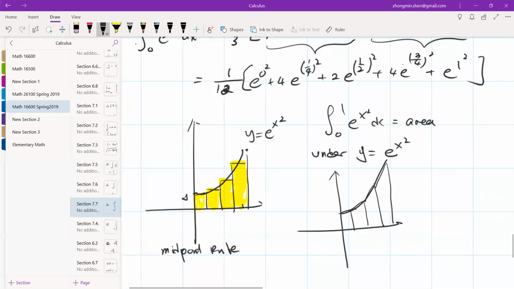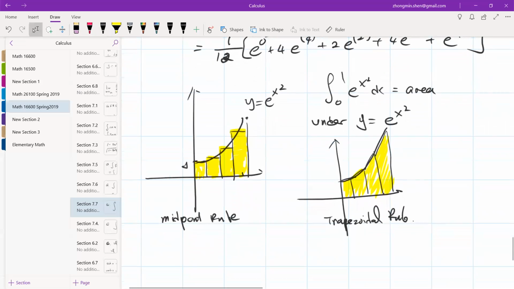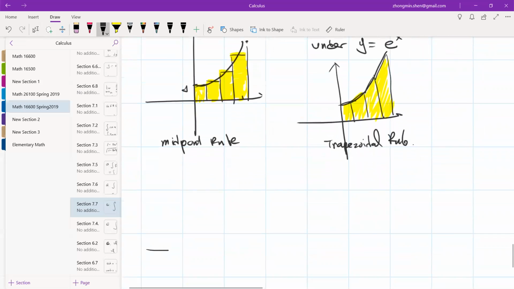Okay, so this is a trapezoid. It looks like a bat, I don't know. But for an increasing function, midpoint is also pretty good. Yeah, this is trapezoid. So the area of this trapezoid could be very close to the area of the region under the graph. For the Simpson's,